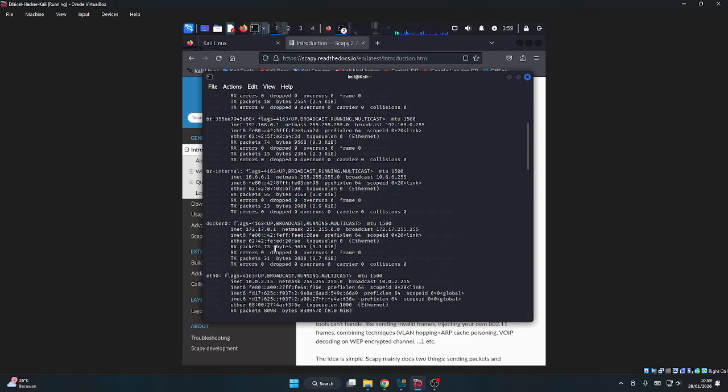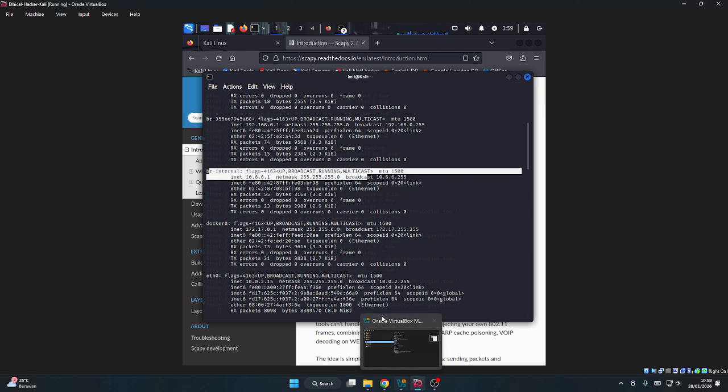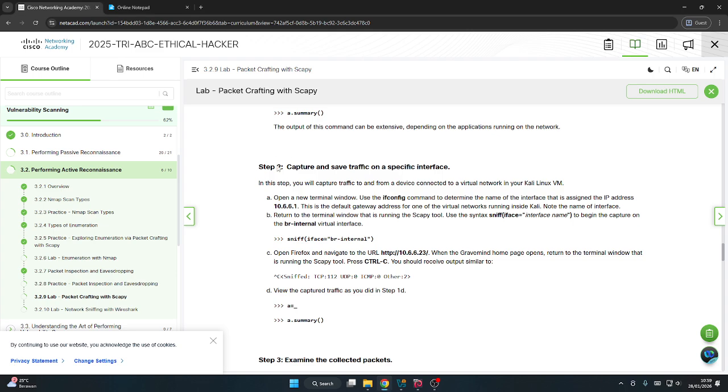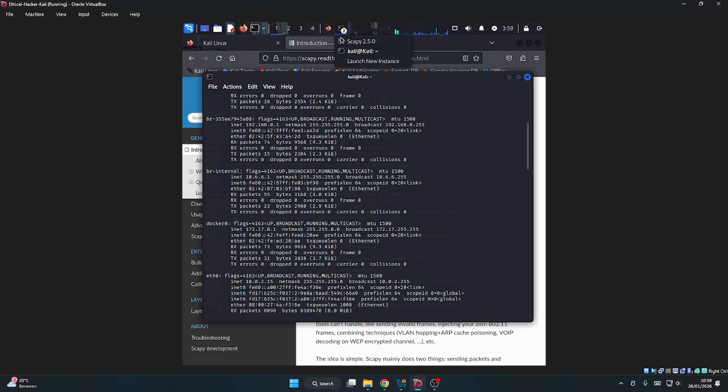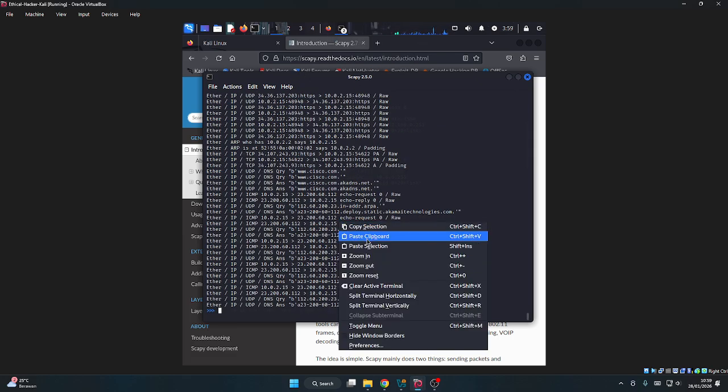This is the internal 10.6.6.1, and sniff iface internal, back to the Scapy and paste.